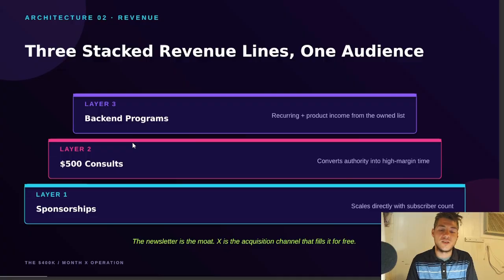So lastly, sponsorships. That scales directly with your subscriber count. So if you've got 10, 20, 30, 50, as that newsletter list scales, people are going to want to sponsor it, right? People will be like, wow, 50,000 people on that list, and people care about it, and they're teaching good things. They're trustworthy. People would want to be involved in it, and then you're going to make even more money. So there's a lot of different ways that you're going to scale this news list.